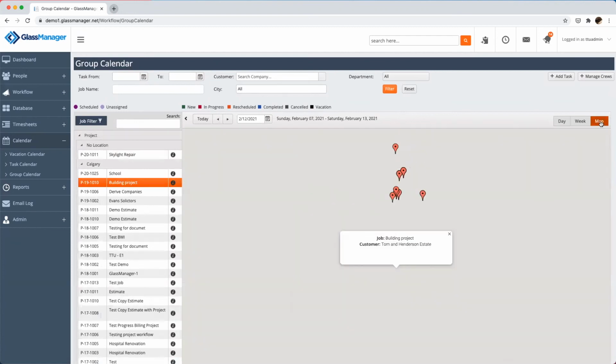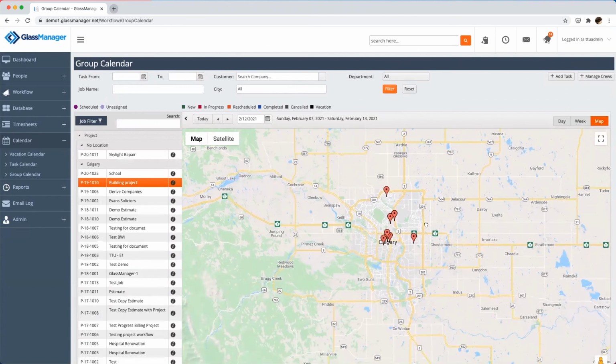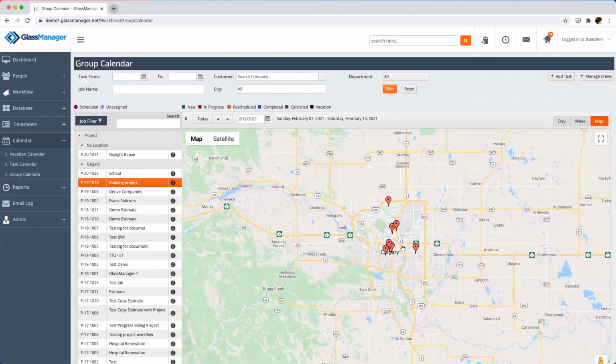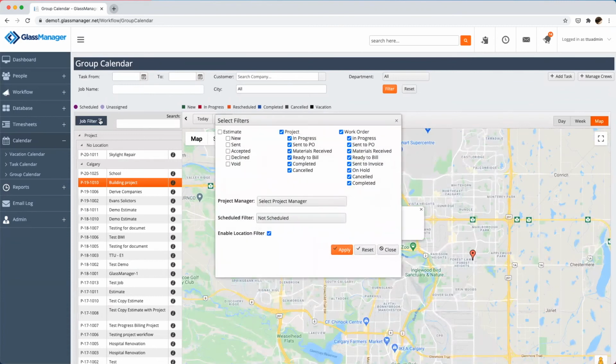There's also a map view that allows you to see the location of the jobs. This is really useful when you're scheduling staff members according to proximity. They are also color coded. If, say, for example, you wanted to see all jobs,